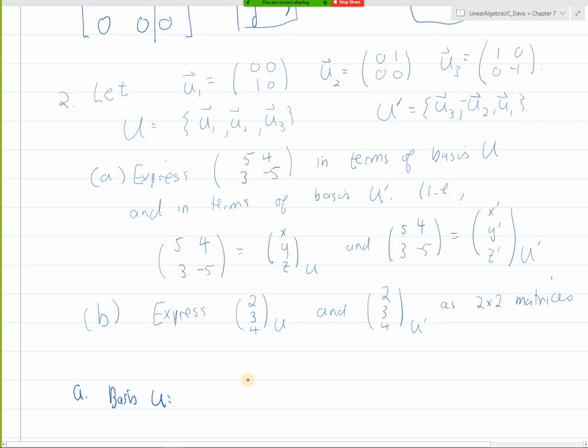So 5, 4, 3, negative 5 is a linear combination of U. Also a linear combination of U prime, depending on what basis you use. So when we're trying to express 5, 4, 3, negative 5 in the basis of U, we need to figure out how many of U1 and how many of U2 and how many of U3 we have to put together to get to that. And it looks like it would be 5,